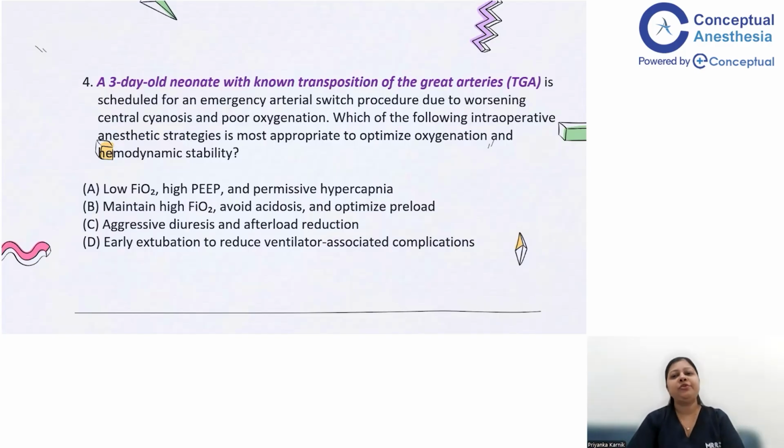Now, what is transposition of great arteries? Transposition of great arteries is basically a complex cyanotic heart disease where the aorta arises from the right ventricle and the pulmonary artery arises from the left ventricle. And these are two parallel circulations which do not actually mix with each other. So the deoxygenated blood will go into the aorta, and then again it will